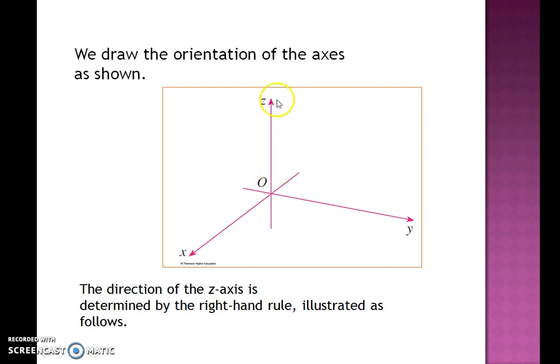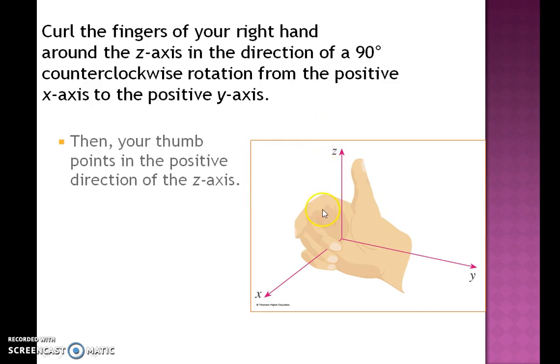You can decide the direction of the z-axis by using the right hand rule, as shown in this figure. If you curl the fingers of your right hand around the z-axis in the direction of 90-degree counterclockwise rotation from the positive x axis toward the positive y axis, then your thumb points in the positive direction of